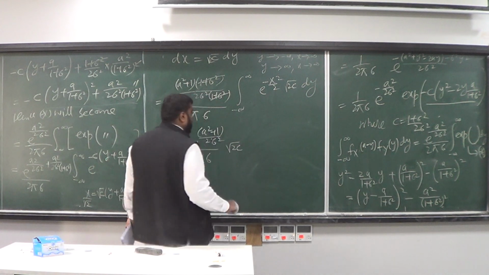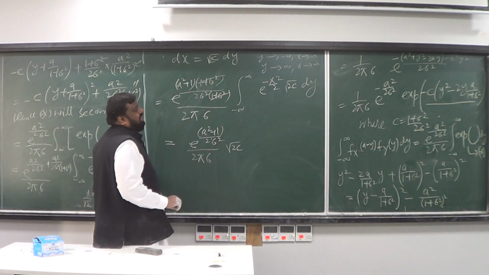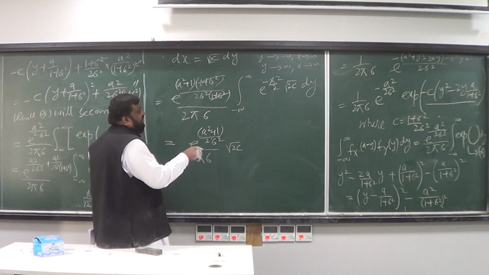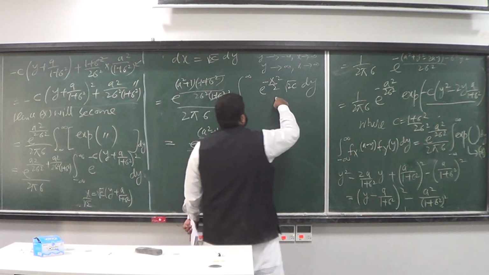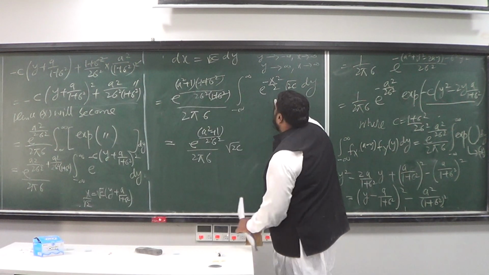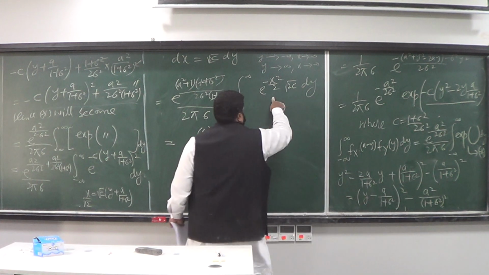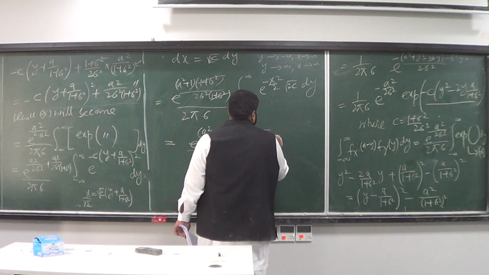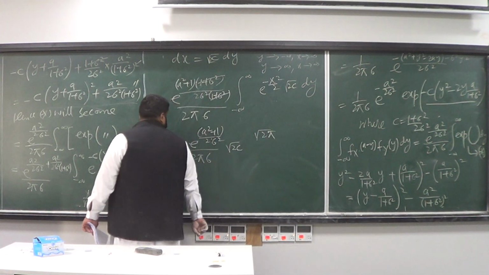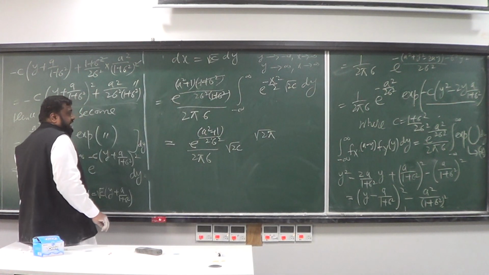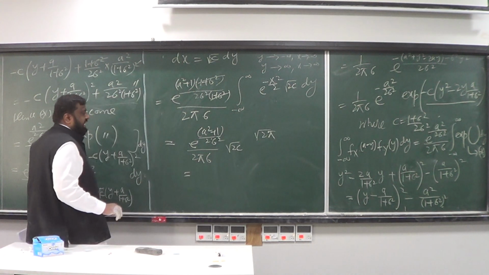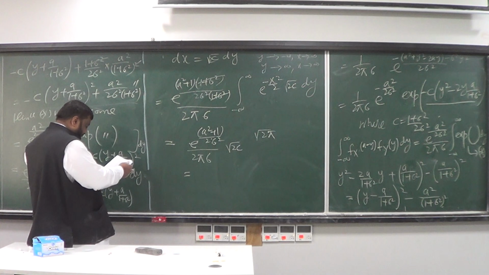While this will become what? You take the square root of 2c out, and the integral of the square of this is equal to square root of 2 pi. So what is going to remain inside the integral is really square root of 2 pi. Okay, this is what you're going to get. So finally, the integral that you want is going to be